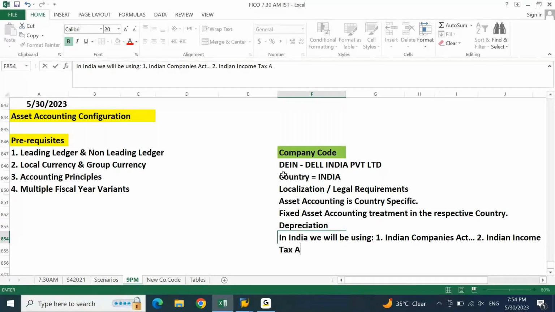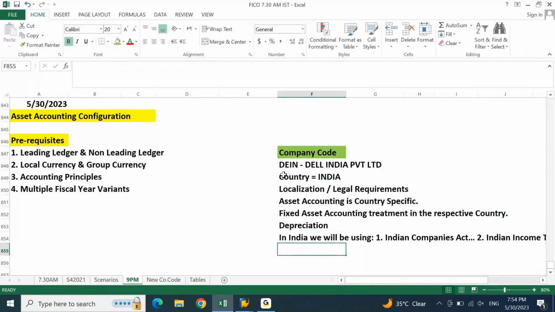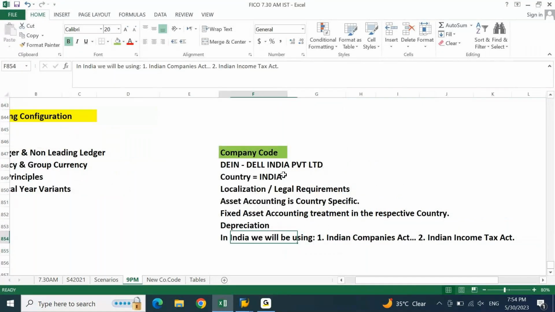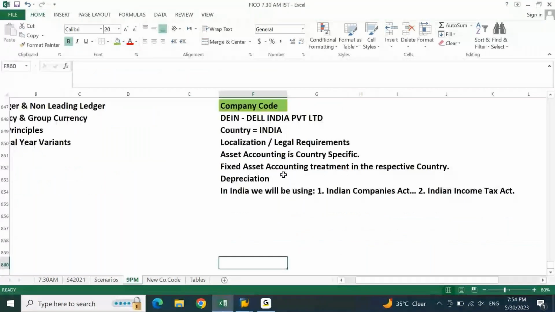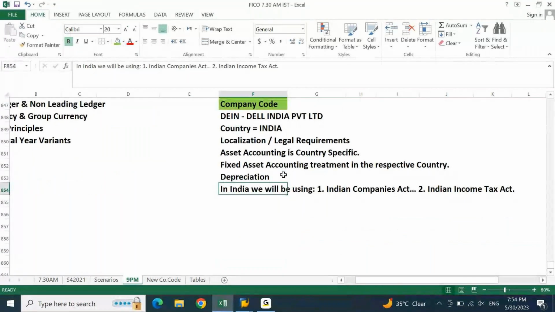Is this correct? Those who are working in core accounting will have to rectify if some point is written wrong or ignored. You have to valuate your assets according to the Indian Companies Act and the Indian Income Tax Act. Am I correct?